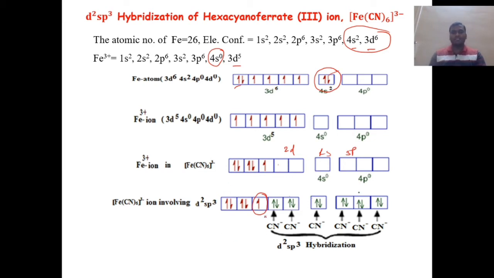So in this case you can see one unpaired electron is there, and as we know, the presence of one unpaired electron means the compound will show paramagnetic nature or behavior. Okay, so the 5 unpaired electrons in the ground state of the Fe3+ ion try to pair up as much as possible in the excited state. So in the ground state the ion has 5 unpaired electrons, and in the excited state of the Fe3+ ion, the electrons get paired as much as possible.